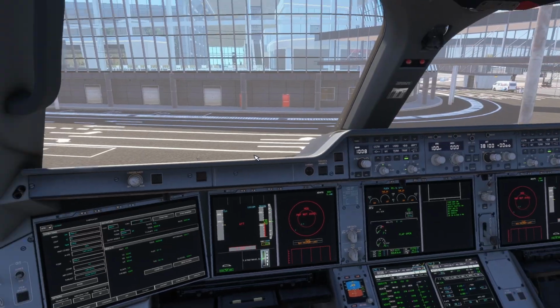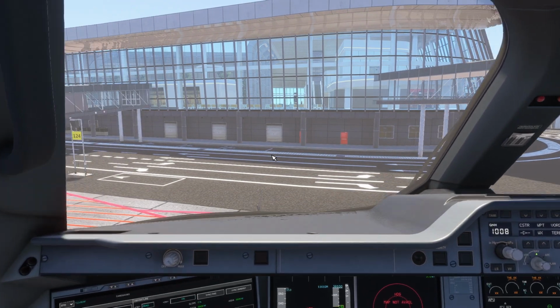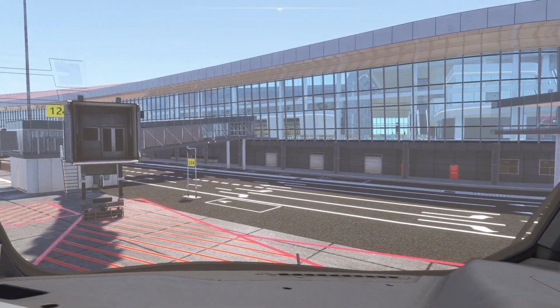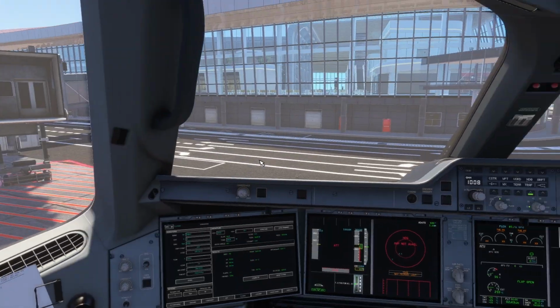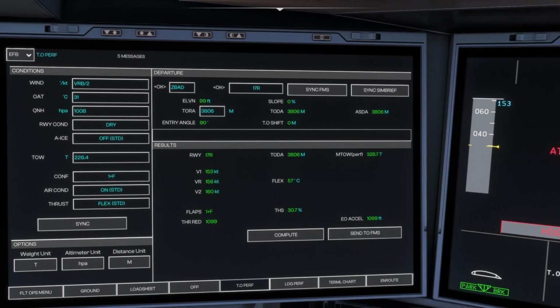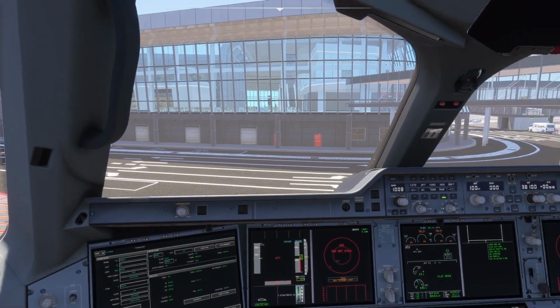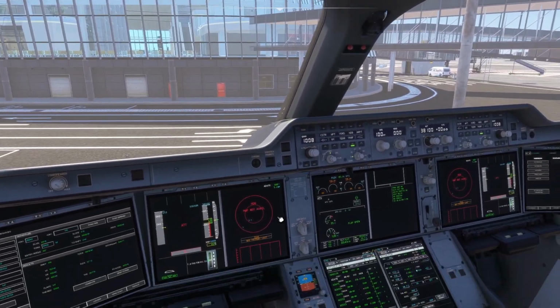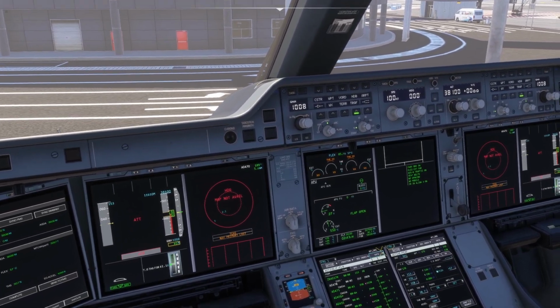Also, for your information, just FYI, Daxing, China, is the brand new airport that China recently opened in Beijing. So a lot of international flights are coming in here, including Aeroflot.